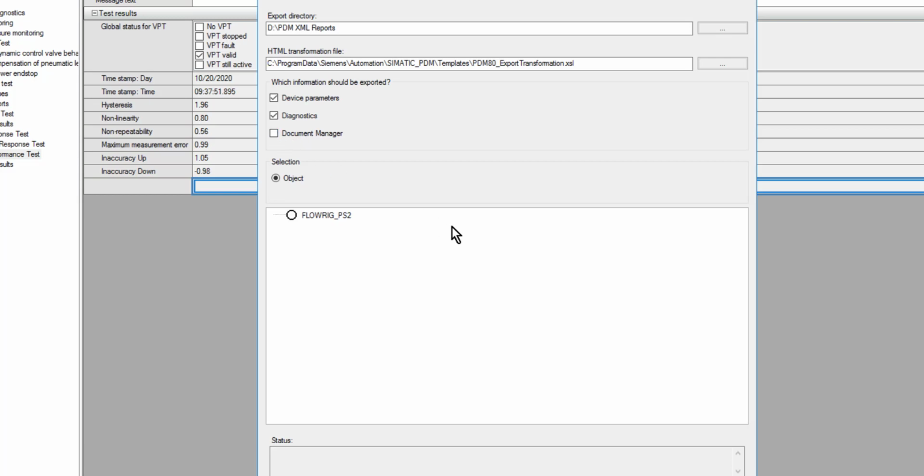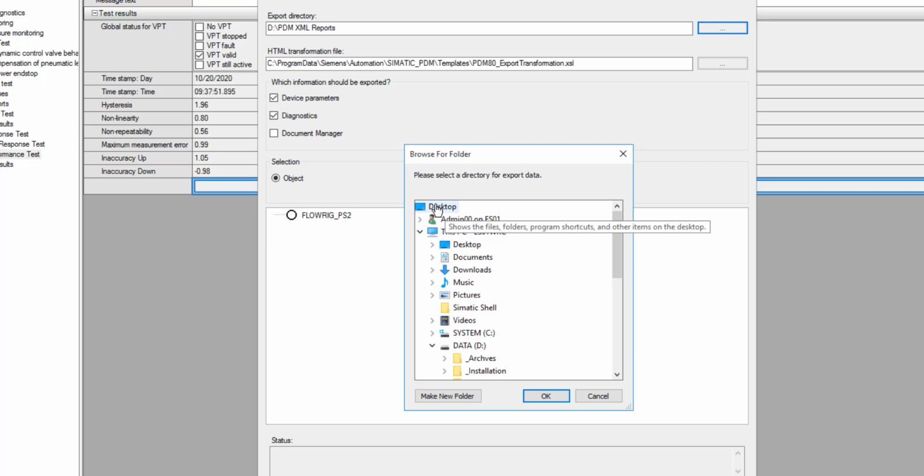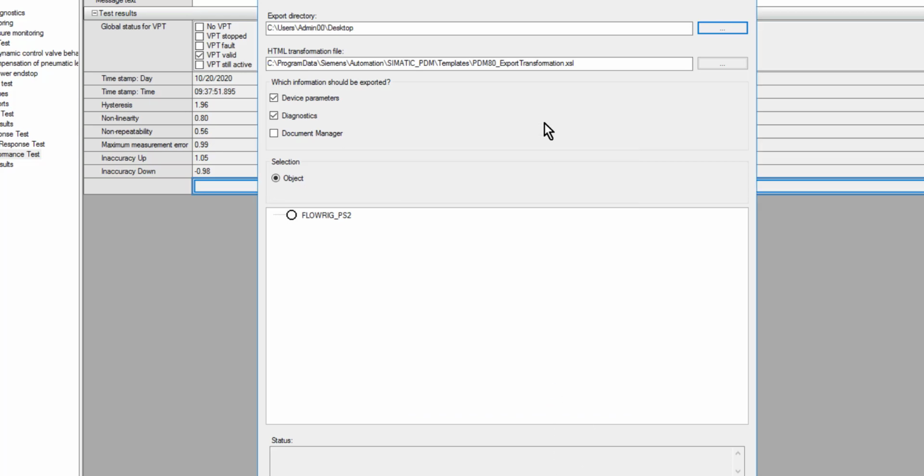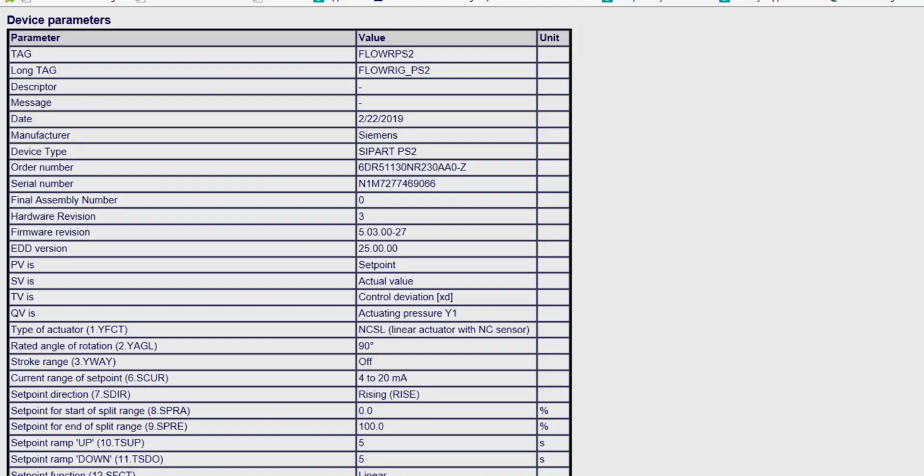So I'm not after documents. I'm just going to put this somewhere so I don't have to look for it, and then we will export that. So once you've exported your parameters, you can just double click on them to open them with a HTML driver. In this case it's Windows Explorer, and you have all of your parameters, how it's programmed, and you can